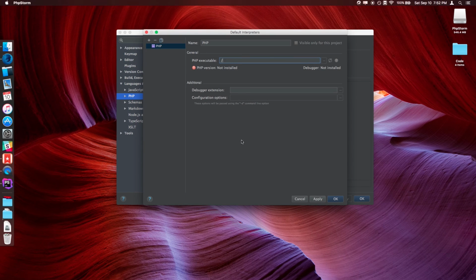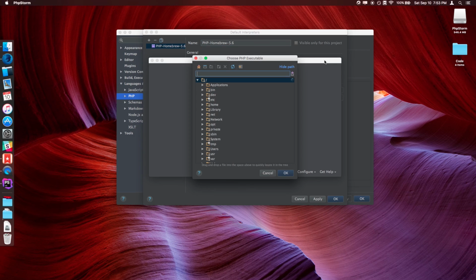Once you do that, it should drop you at a window that looks something like this. We'll want to go ahead and change the name so that we know it is the version installed by Homebrew. Next, we need to tell it where to look. So to do this, we're going to want to point it to the PHP 5.6 or whatever version you're using